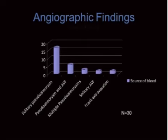Angiographically, the most common finding was a solitary pseudoaneurysm. The second most